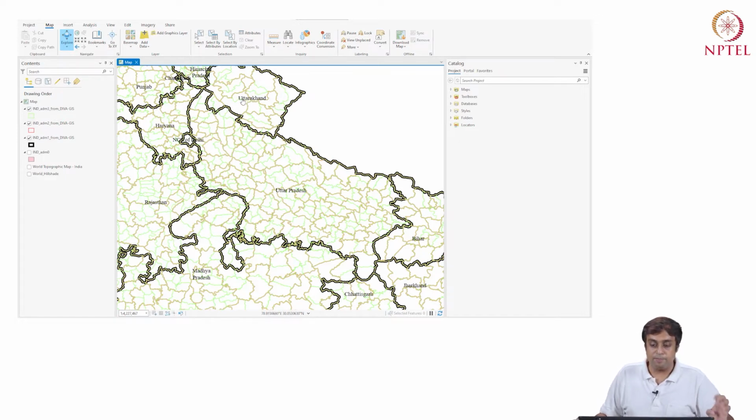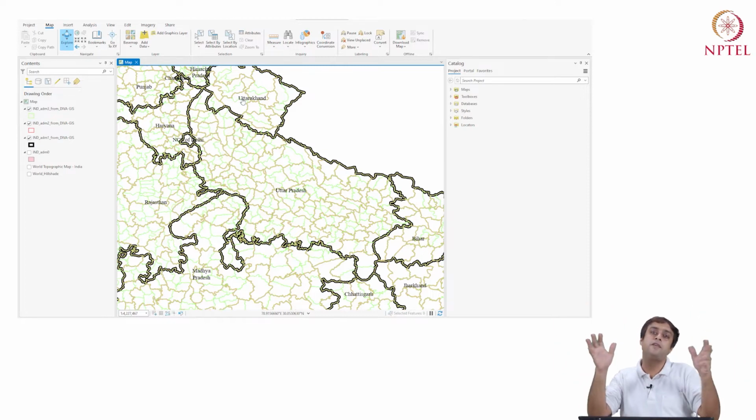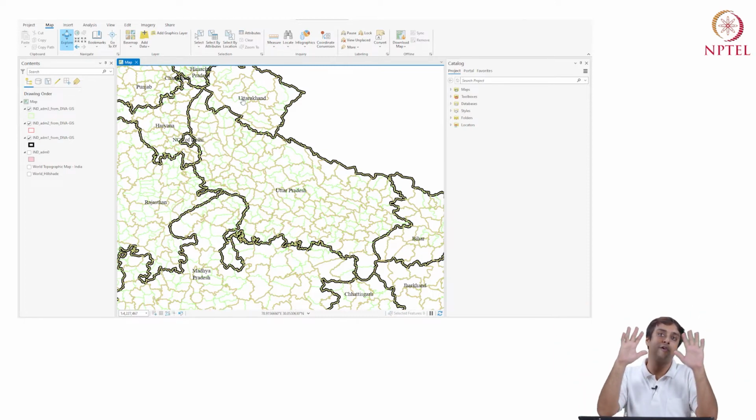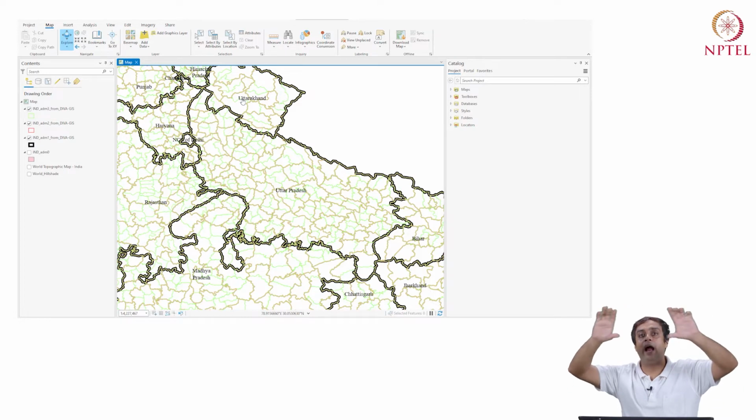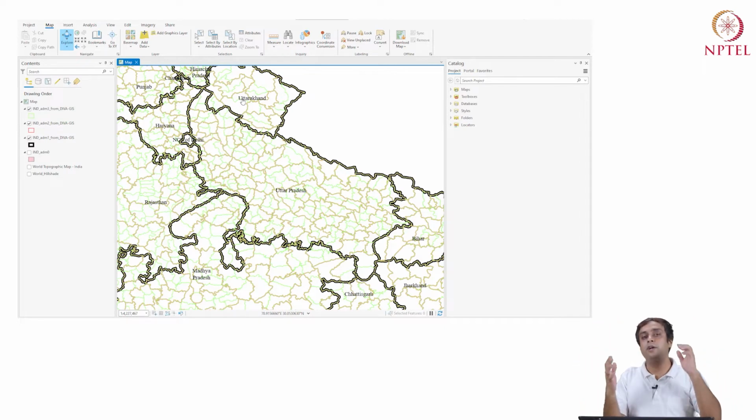Say for a particular project that I am doing, it is only focused on Uttar Pradesh. Then how do I work with files when I do not need other files? For symbology purposes, I want to draw a map and show my international audience, who may not be aware of different states in India, "I'm looking at this northern state of Uttar Pradesh." But then going forward, when I'm conducting my analysis, I don't need the entire map of India. I don't need all the states of India. I only want to focus on Uttar Pradesh, right? So what do I do?